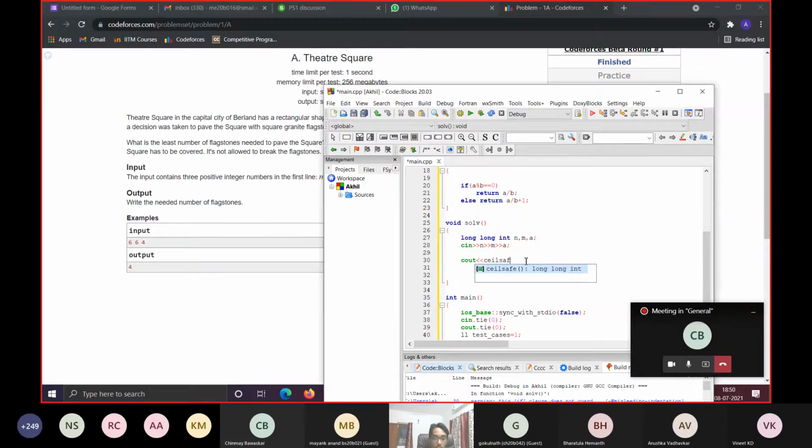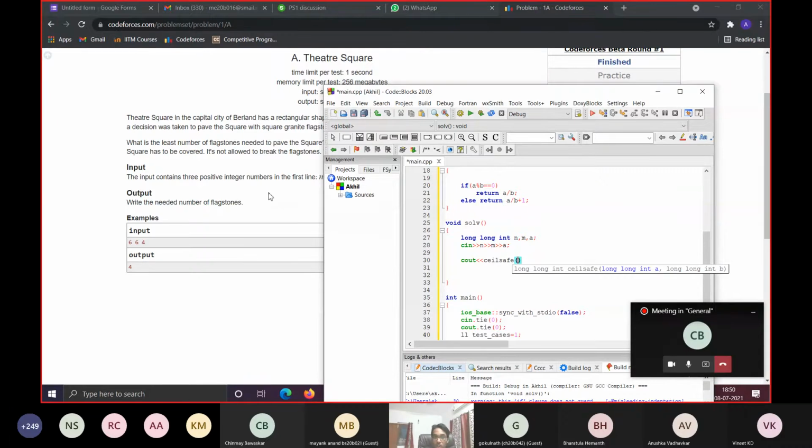And also one more, so I'll use the ceil safe. And also you can do one thing, instead of finding the remainder and all that stuff, making it complicated. If you observe the side of that rectangle, which is 6 units long, and if you take a 4 unit tile, you need a minimum of 2 tiles to actually cover the length itself, right?